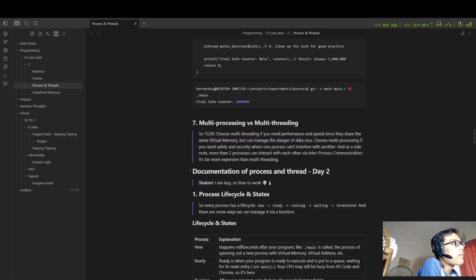If you can manage the danger of data race and performance and speed are the top priority, you should choose multithreading. Choose multiprocessing if you need safety and security, where one process can't interfere with another. And as a side note, more than two processes can interact with each other via inter-process communication. It's far more expensive than multithreading, since in multithreading they basically share the same virtual memory. They don't need a middleman between them. But processes, since they are isolated from one another, need a middleman, like a communication mechanism